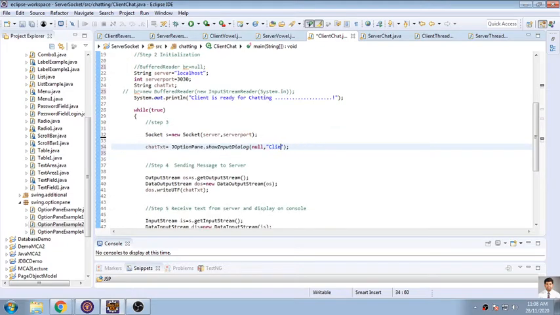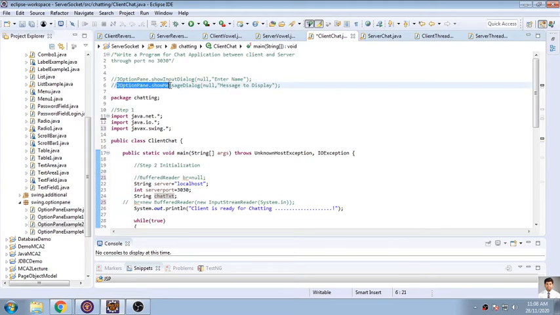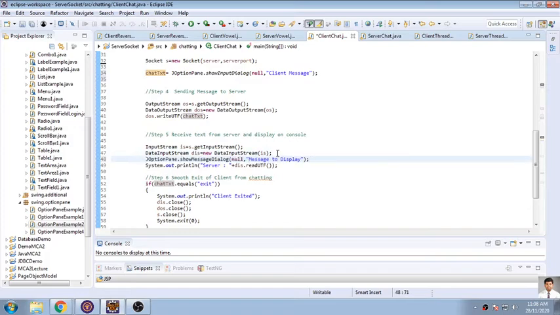So I'll write it here, client message. So that will be accepted, and that will be stored into this local variable. And wherever I want to display something, just like this one, I will be using this JOptionPane.showMessageDialog box. I am copying this content and pasting it over here, and this part will be cut and displayed here. So I will say server colon, and I am concatenating this. So this will be here, so two plus signs.